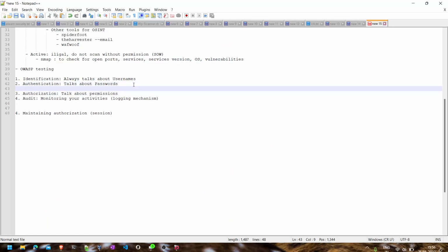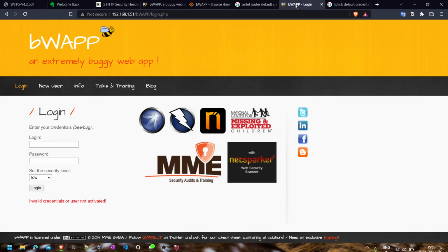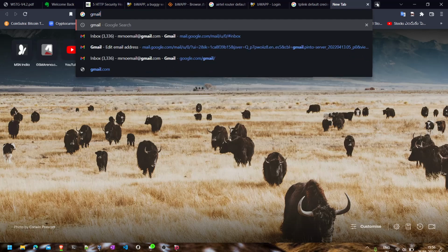It's talking about the channel: simple HTTP and HTTPS, where S means secure. For example, this one is going over HTTP, not secure. But if I open my Gmail,